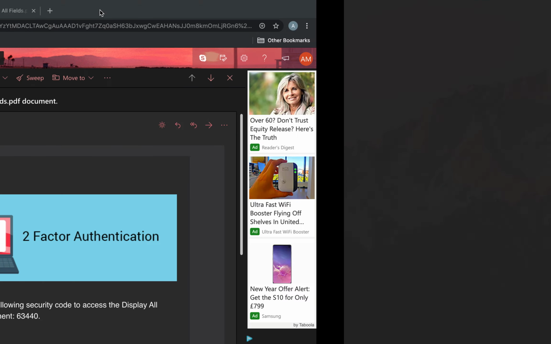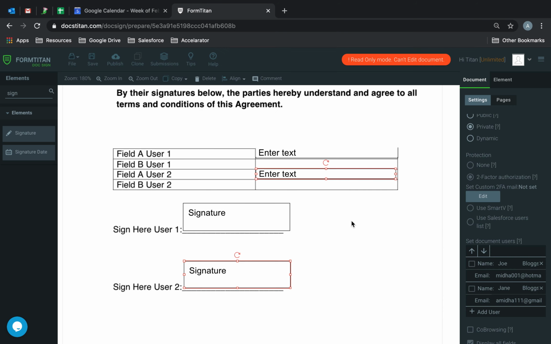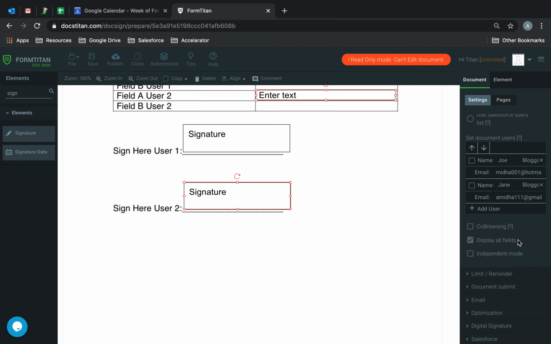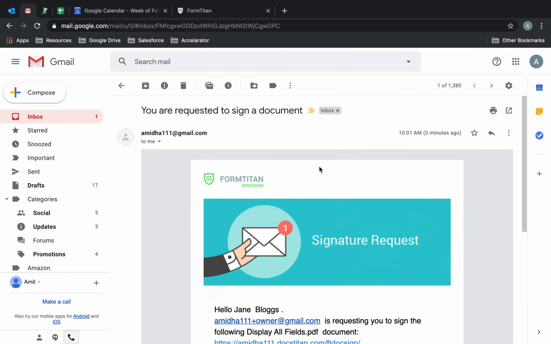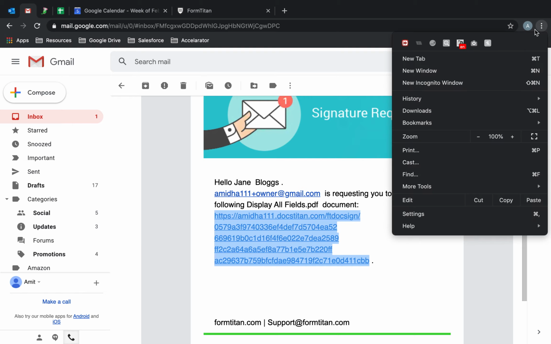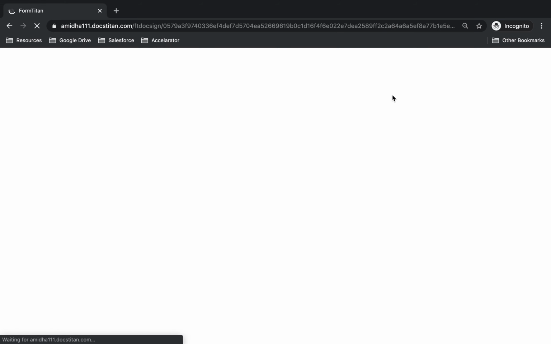Okay, now what you'll see is signee number 2. So remember, by default, this is the functionality here, display all fields. It will be automatically checked. Okay, and now I'm going to show you what happens with signee number 2. So here's signee number 2, Jane Blogs. We'll take the URL, incognito, we'll chuck it in there,